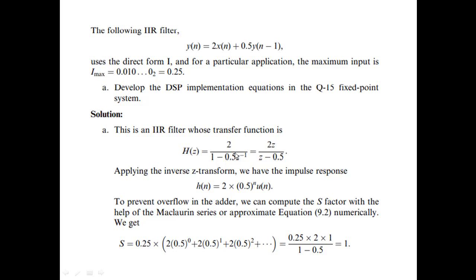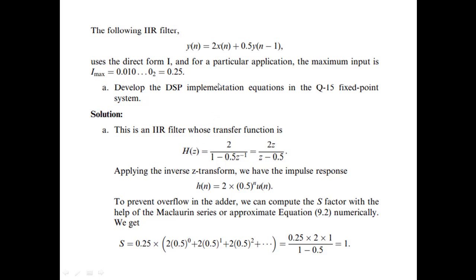Okay. But what we have here is a difference equation, right? And it is an IIR system. Now, how do we get the impulse response for an IIR system given a difference equation? First you convert this difference equation into a system function. So how do we convert this difference equation into the system function h of z? You have to take the z transform on both sides. Okay, you write all the y terms on the left hand side, all the x terms on the right hand side. So take y of z common. Bring the left hand side in terms of y of z by x of z. That is what? Y of z by x of z is basically our h of z.